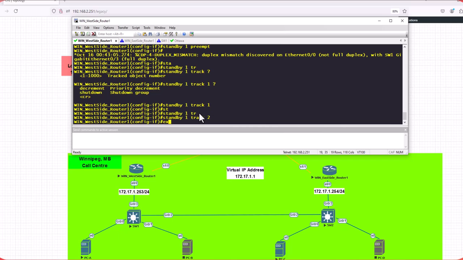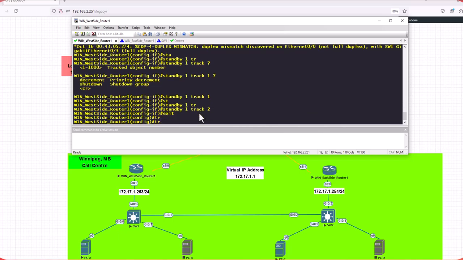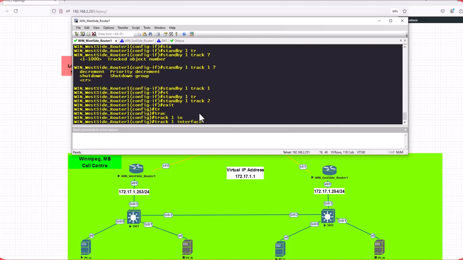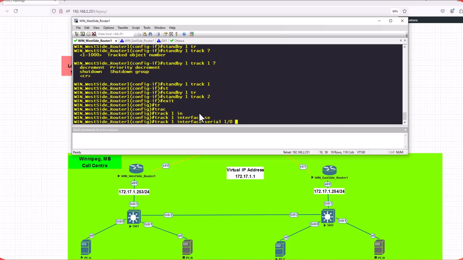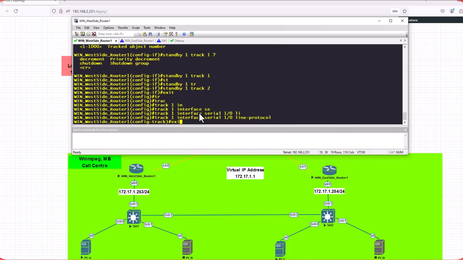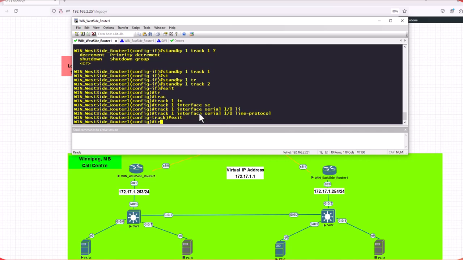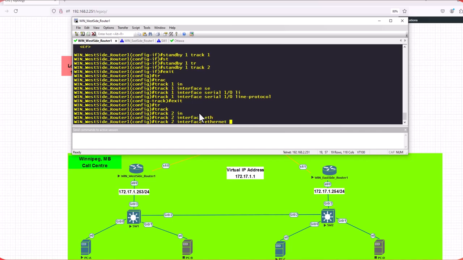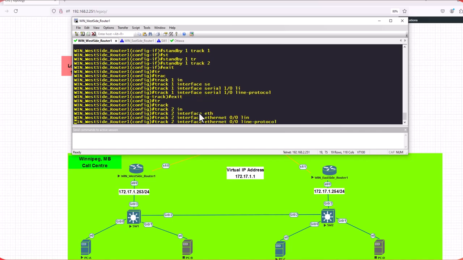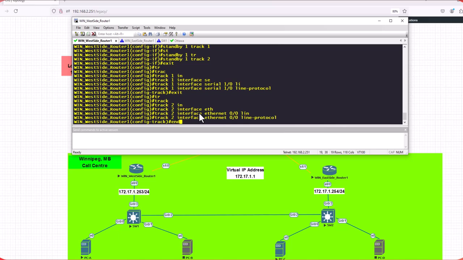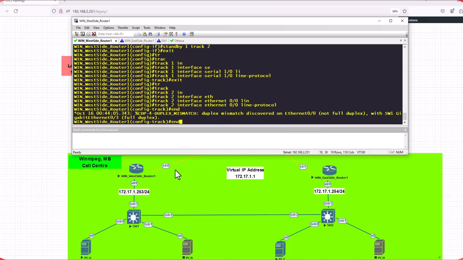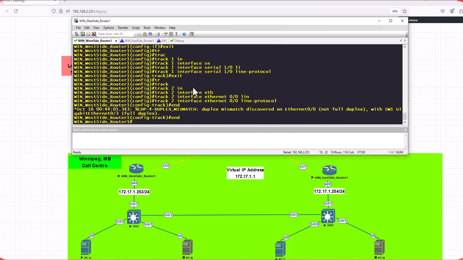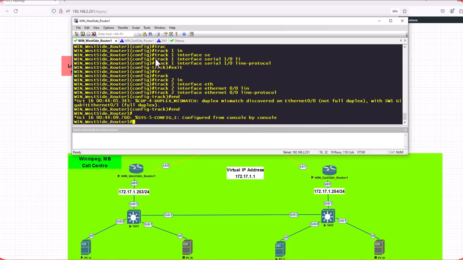Then here I have to go and define my track objects, what to do. So track 1 interface serial 1 0 line protocol, and track 2 interface Ethernet 0/0 line protocol. So it means I am tracking the line protocol of these two interfaces. If they go down, by default it will decrement the priority of this router. So show run